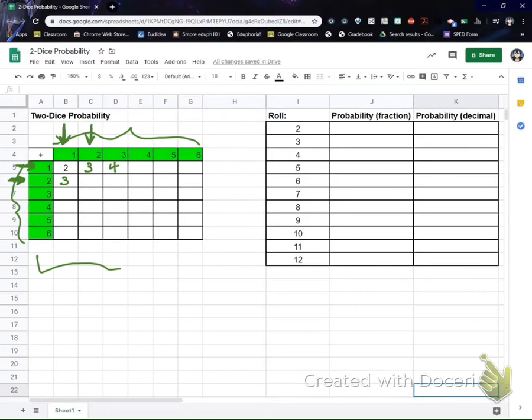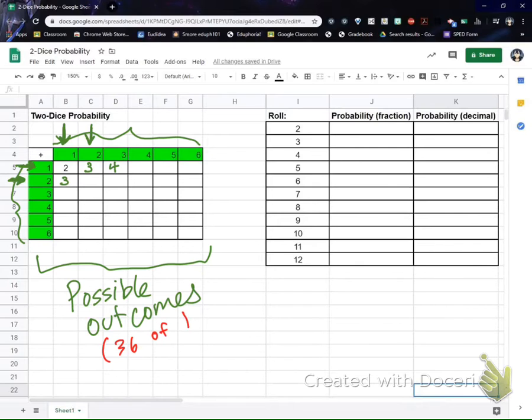So this table right here is all of the possible outcomes. That's what can possibly happen, the values we can possibly get whenever we roll 2 dice. It's good to note that there are 36 of them because this is a 6 multiplied by a 6. So that does mean there are 36 possible outcomes. That's going to be the total. And that number, again, will be reused for every single one of these